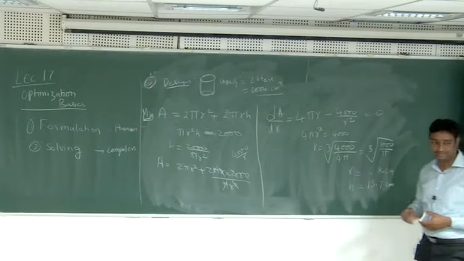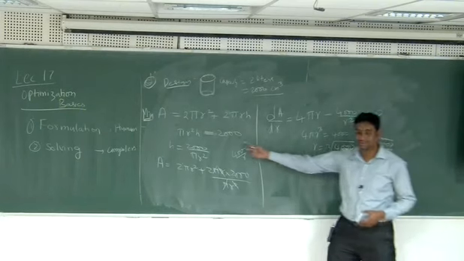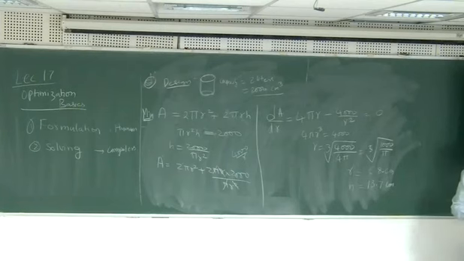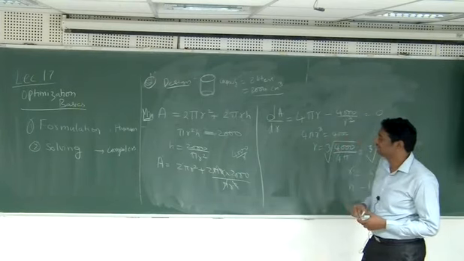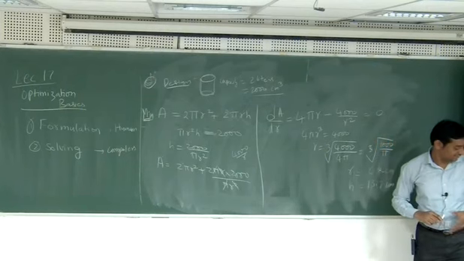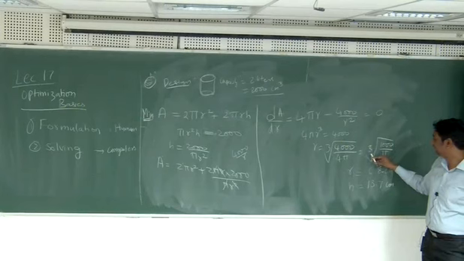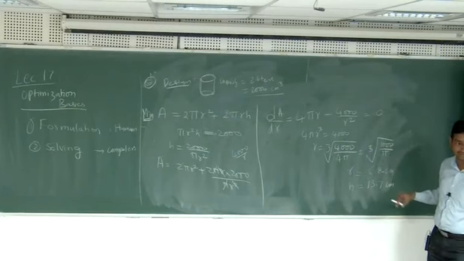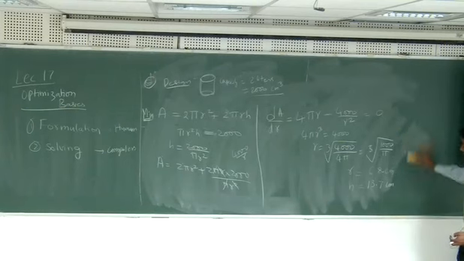And that 2r relation will continue, whatever value of V. So how do you prove that? So it will be cube root of V by 2 pi, something like that. Cube root of V by 2 pi. So anyway,